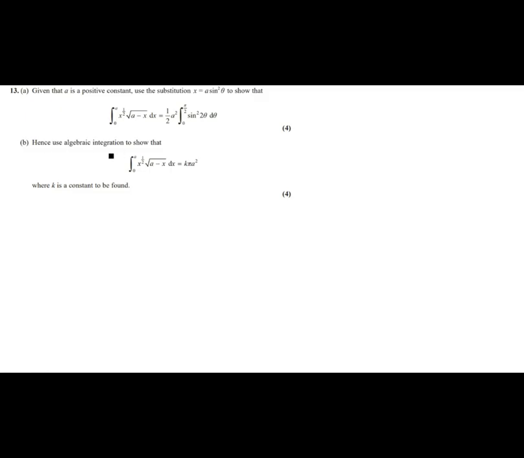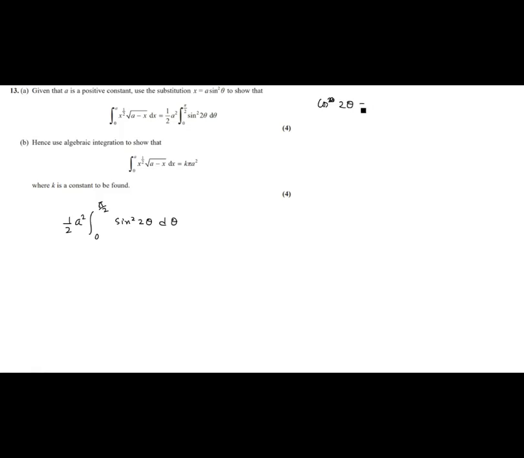So hence use algebraic integration to show that the integral from 0 to a of this thing can be written as k pi a square. Okay, so we will use the outcome from part A, which is square root half a square, 0 to pi over 2, and sine square 2 theta d theta. Now whenever you have sine square or cos square, we have to use the cos double angle formula, which is cos